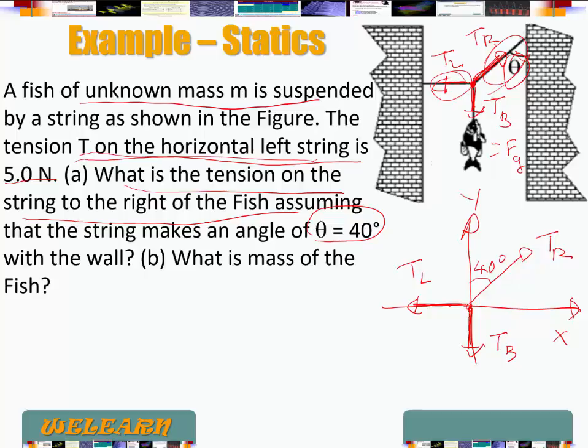Now that I have my free body diagram, I write Newton's second law of motion. Sum of all forces is equal to ma. So in this case, that's going to be TL as a force, as a vector, plus TR as a vector, plus TB as a vector is equal to ma. But since we have equilibrium, we don't have any acceleration, this is just equal to 0. My next step is to write this along the x and along the y if needed. So along x,